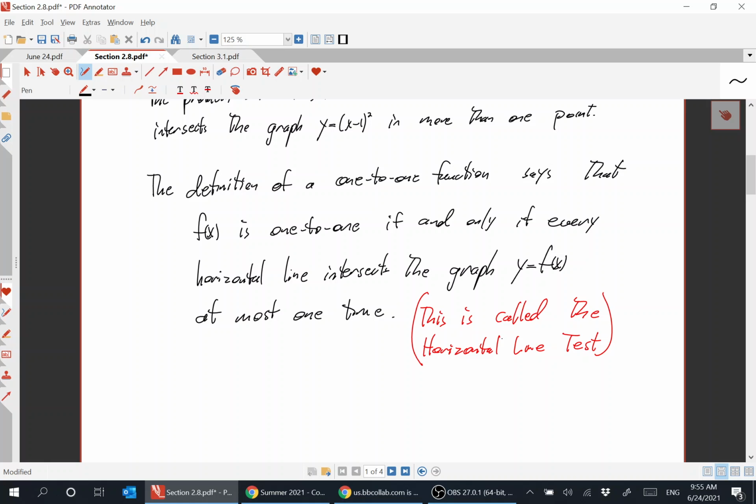That is, for every range value, every horizontal line representing that range value intersects the graph once. Or, if you want to say it without this range business, every horizontal line intersects the graph at most one